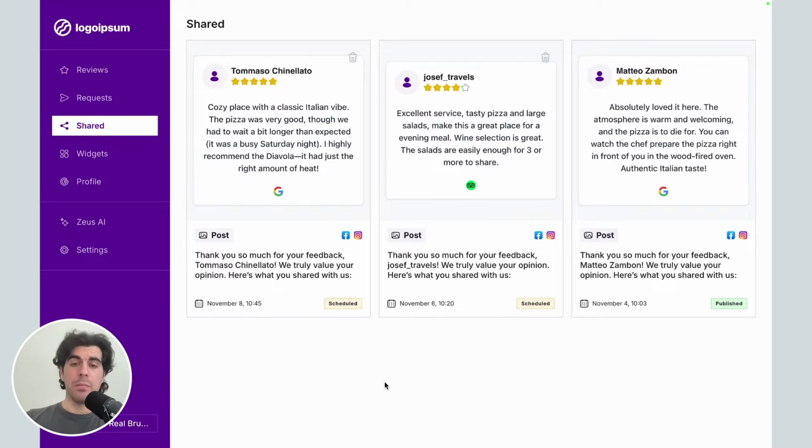This is super powerful because, of course, if you run a marketing agency, you have had this problem that your clients do not know what to post on social media because they don't have ideas, they don't know what to create, they don't know how to take pictures and video. In this way, you make sure that they post great content on their social media pages, because they post social proof, which is the most powerful content they can share,